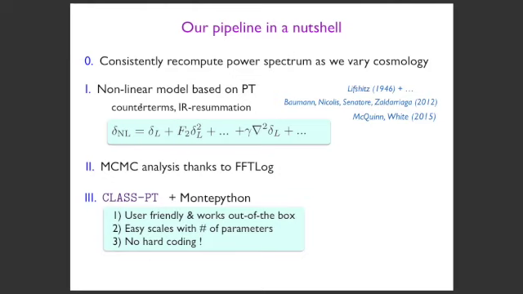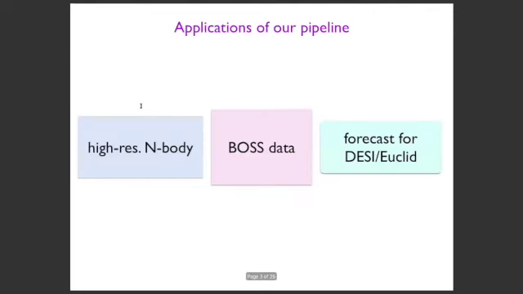It incorporates all possible physics and effective extensions of dark matter, dark energy, everything's already included. No hard coding, you can easily interface it with Monty Python, okay? And we're going to release the code soon, hopefully next month. So in my talk, I'm going to present 3 different applications of this pipeline. First of all, I will show some results of the analysis of high resolution N-body simulations. Then I will apply this to analyze the BOSS data, and then I'll present a forecast for future surveys like